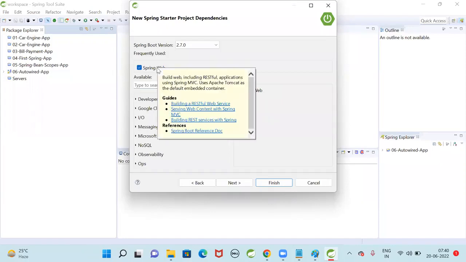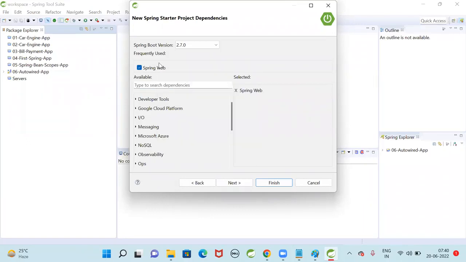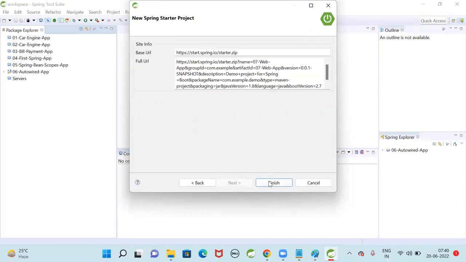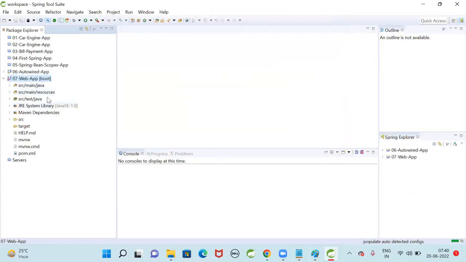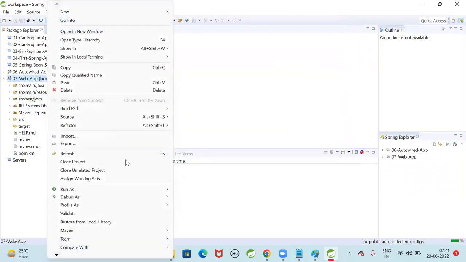Why are we selecting this web dependency? To inform Spring Boot that I am developing a web application, I am selecting the web starter. A starter is nothing but a Maven dependency. Finish. I have created one web application. If I run this web application,